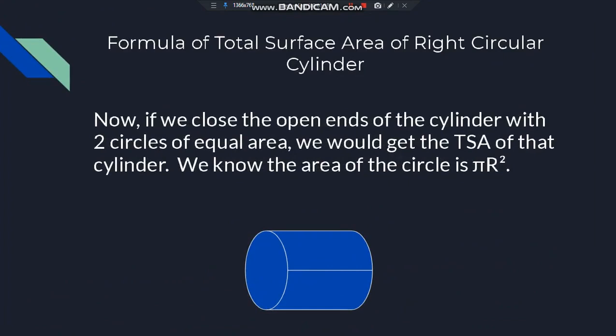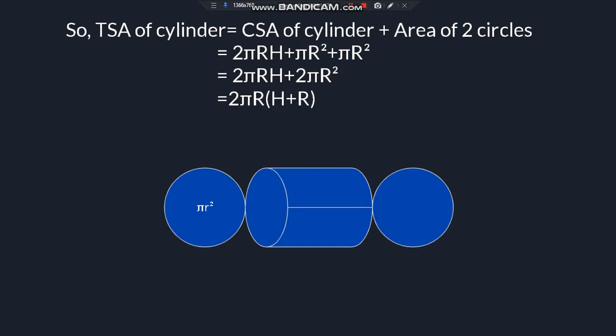Now let us see the formula of total surface area of a right circular cylinder. If we close the open ends of the cylinder with two circles of equal area, we would get the total surface area of that cylinder. We all know that the area of this circle is pi r square. So the total surface area of the cylinder would be curved surface area of the cylinder plus area of two